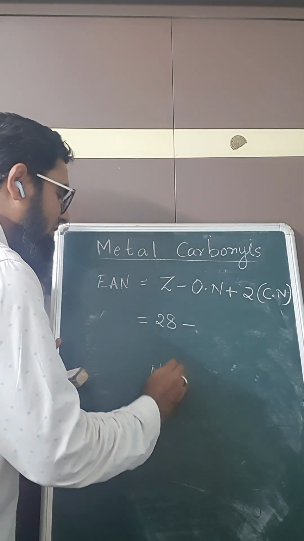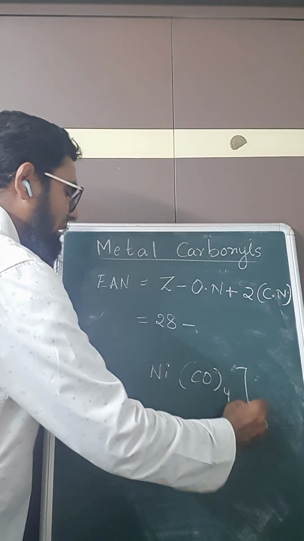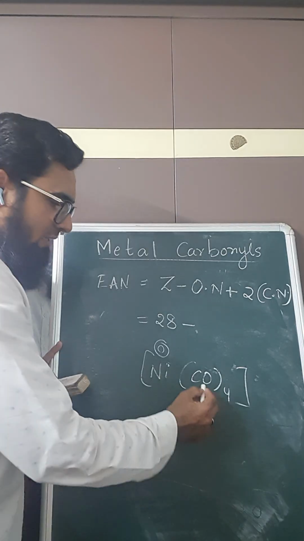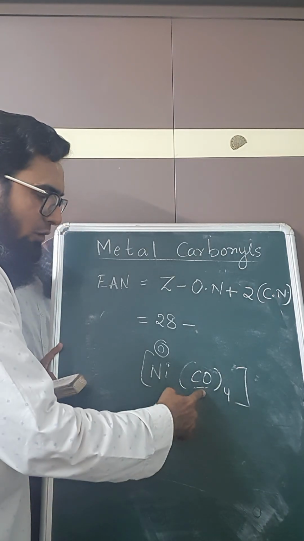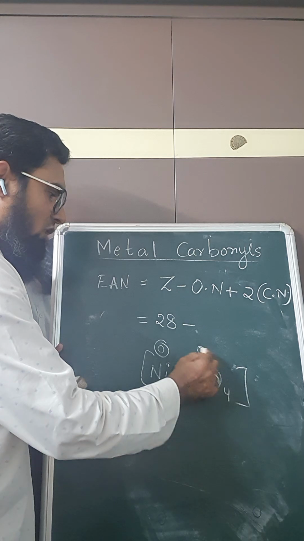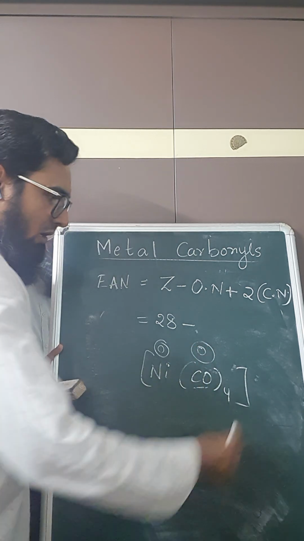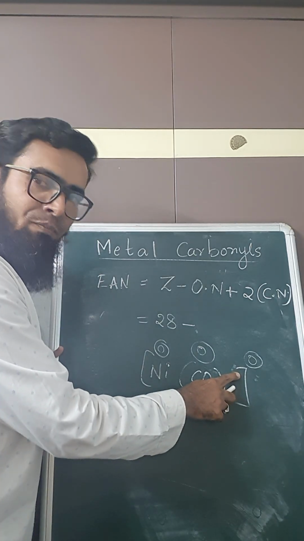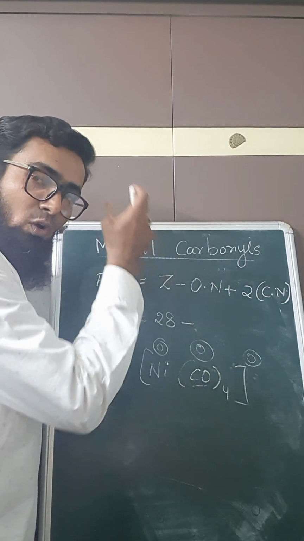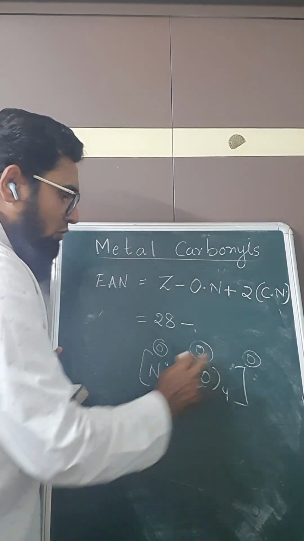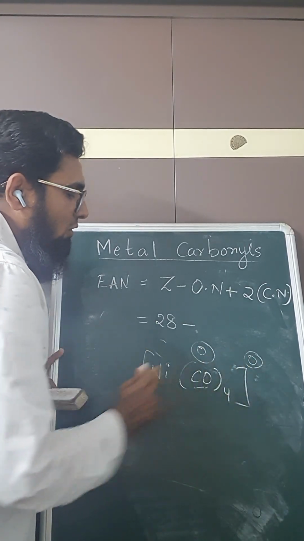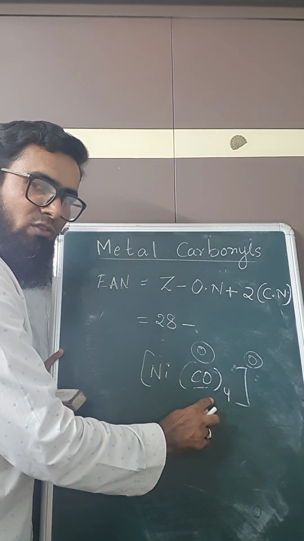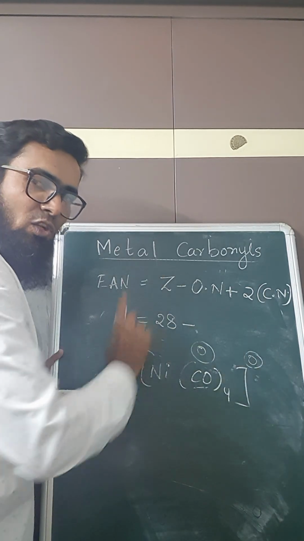of nickel? See, if you take the metal carbonyls, remember central metal atom will have 0 oxidation state because CO is a neutral molecule. How many neutral molecules are there? 4 in number. So what is the total charge for 4 COs? It is 0. Now what is the charge on the complex? It is 0. If nothing is written on the square bracket, it means that it is having 0 total charge, right? So when you sum the oxidation numbers